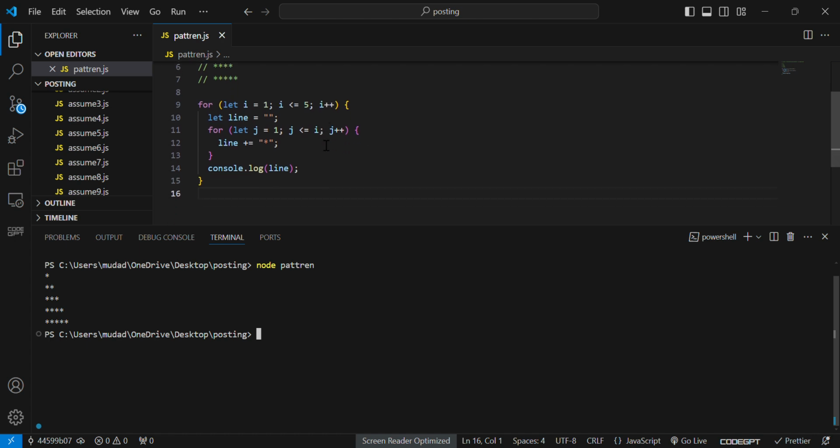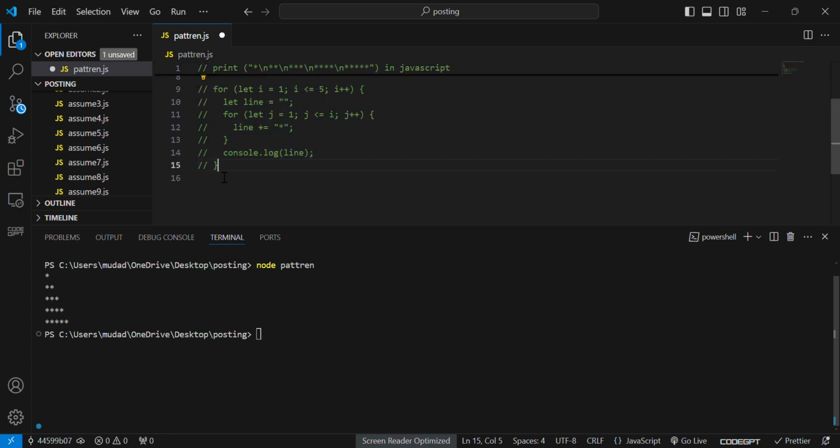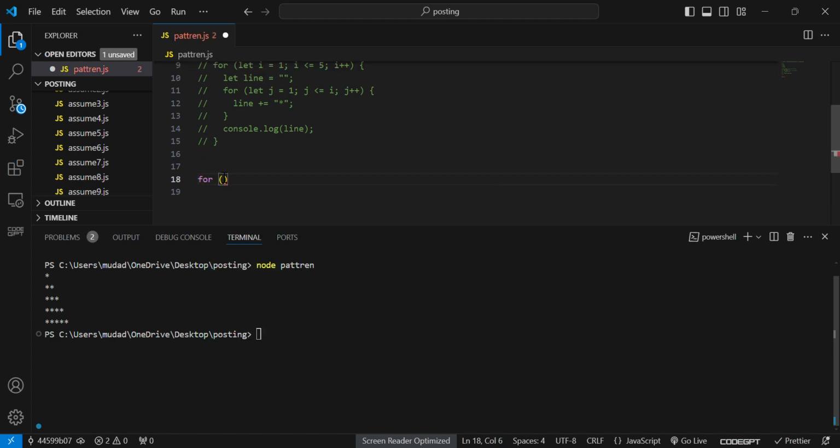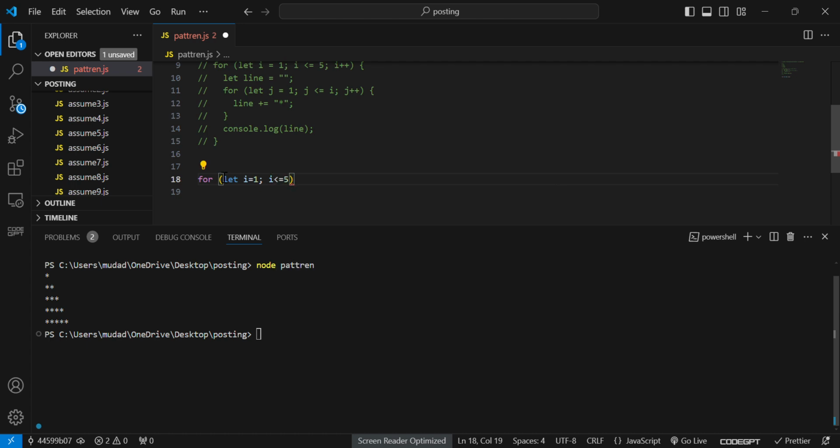This method we can also implement using the repeat method. I commented this one. So now I'm taking for let i = 1; i <= 5; i++. Okay, here I'm passing console.log simply